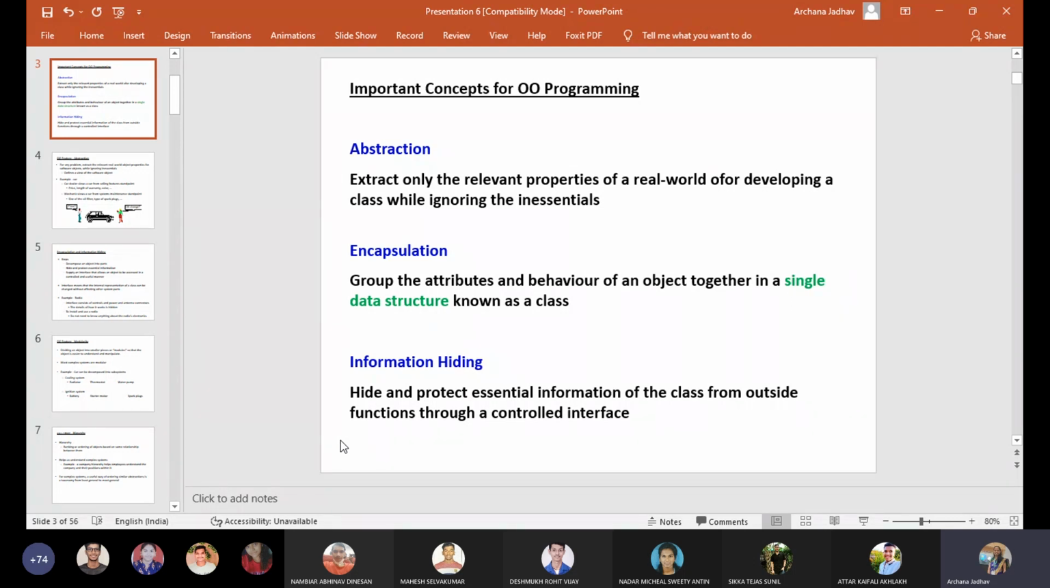Now the next important concept you have is abstraction. This abstraction feature was not there in your C language. Abstraction means what? It extracts only the relevant properties of the real world which are useful for developing a class, while ignoring the inessential things. What is it saying? Like when you're creating an object,